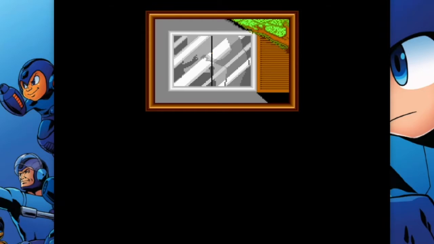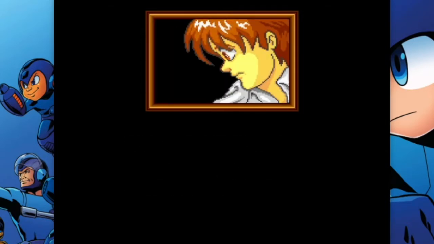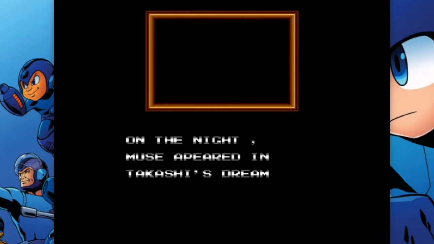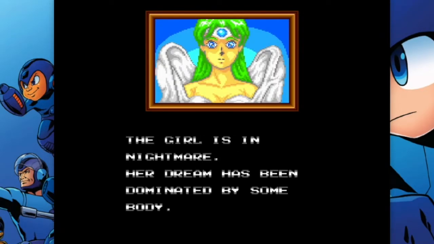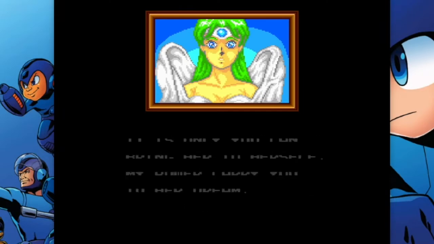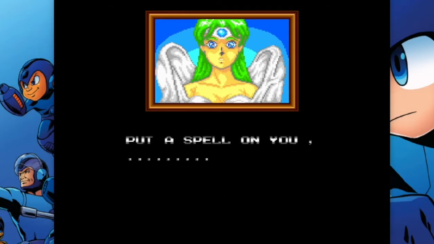One night, Izumi was obsessed by somebody. Day after day, she has kept on sleeping without opening her eyes. Izumi, why? On the night, Muse appeared in Takashi's dream. The girl is in nightmare. Her dream has been dominated by somebody. As it is, she keeps on sleeping. Her soul world be enticed out him. She wouldn't be waking up forever. It is only you can bring her to herself. My power carry you to her dream. Put a spell on you, comma, ...